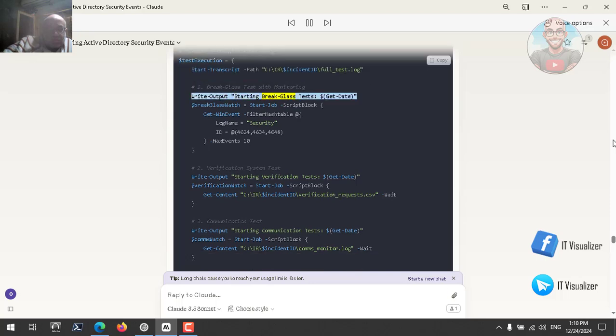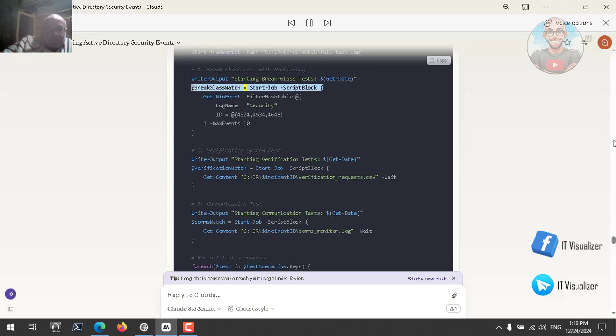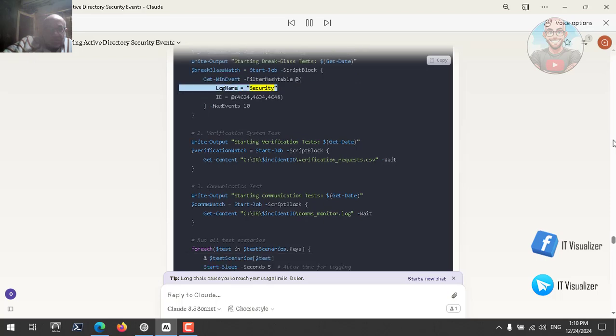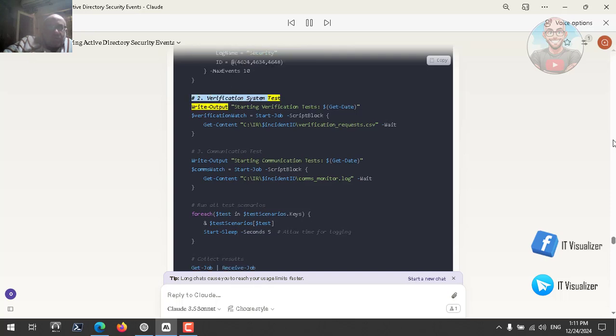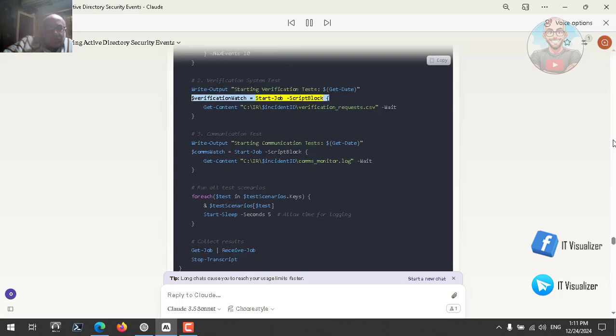Write-Output "Starting break glass tests" (Get-Date). $breakGlassWatch = Start-Job -ScriptBlock {Get-WinEvent -FilterHashtable @{LogName = 'Security'; ID = @(4624, 4634, 4648)} -MaxEvents 10}. # 2. Verification system test. Write-Output "Starting verification tests" (Get-Date). $verificationWatch = Start-Job -ScriptBlock